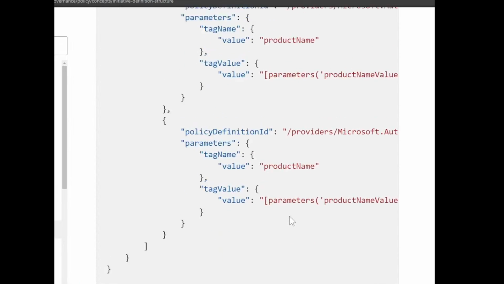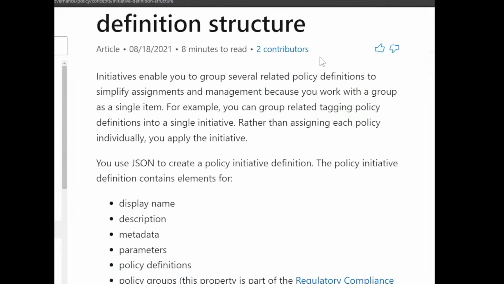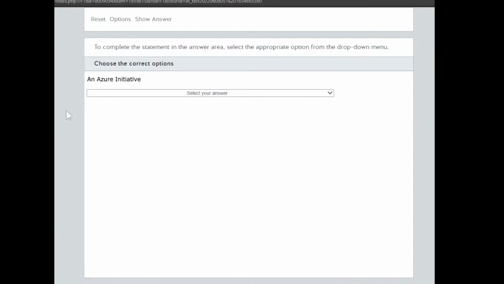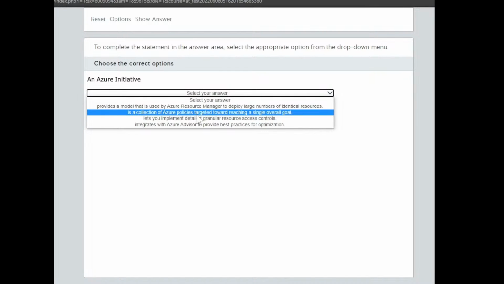So, nabasa na natin yung ito, no? Try natin kung masasagot na natin yan. Select your answer. Provides model used by Azure Resource Manager to deploy large numbers of identical resources. Parang hindi. Policy. Collection of Azure policies toward reaching a single overall goal.